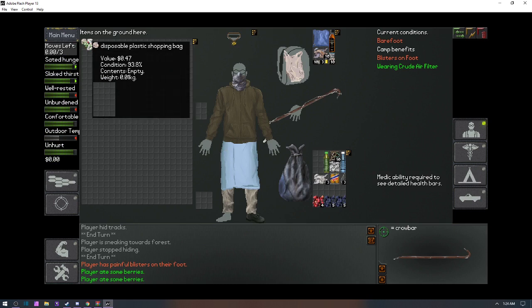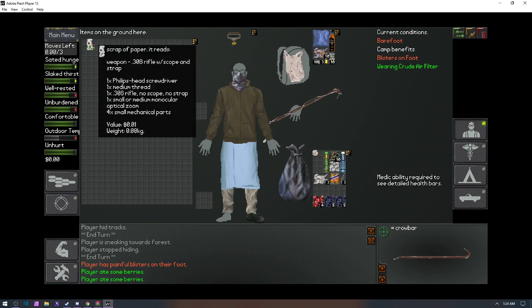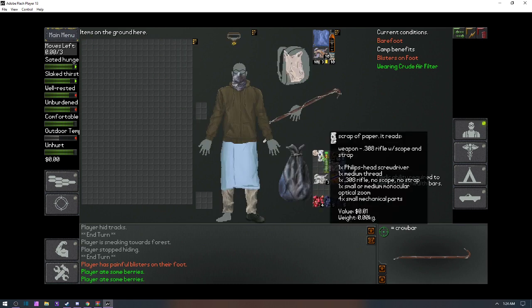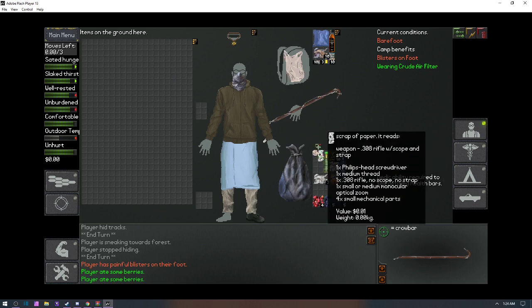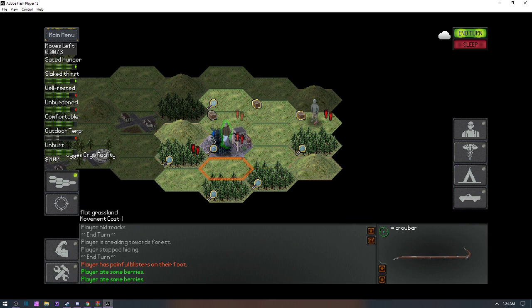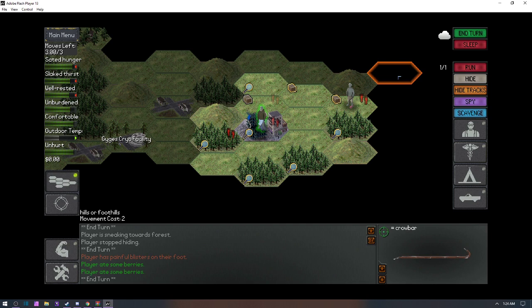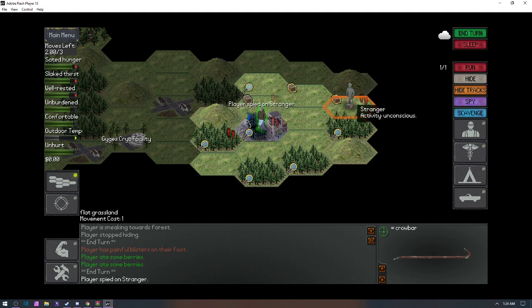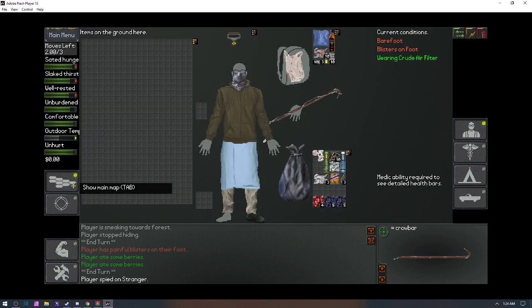Scrap of paper and disposable plastic shopping bag. I don't know how to use this, but I suppose I don't have much of an option. And turn here. Hey Jojo. What's up, kitty? I'm interested as to what's going on with that person, but I also want to continue